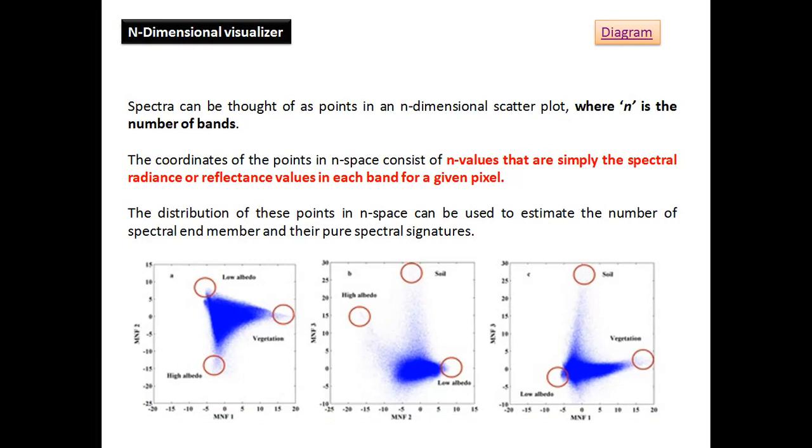So from the distribution of the points or the pixels or vectors in the n space, the endmembers and pure spectral signatures can be estimated. So this n-dimensional visualizer, pixel purity index, and minimum noise fraction analysis or the minimum noise fraction transformation, these three techniques are used to extract the purest pixels. Okay,